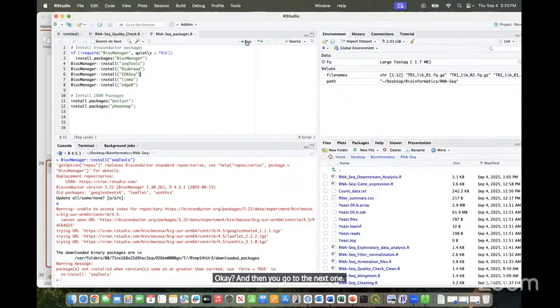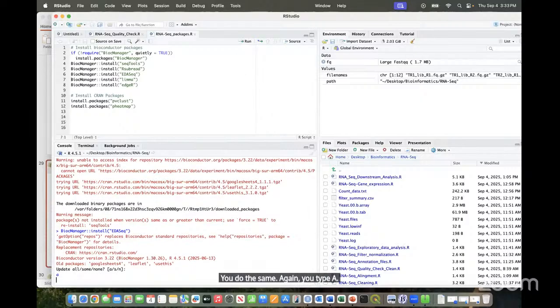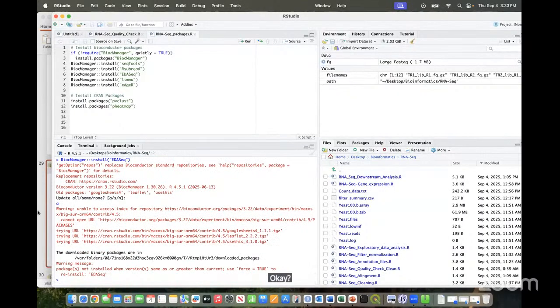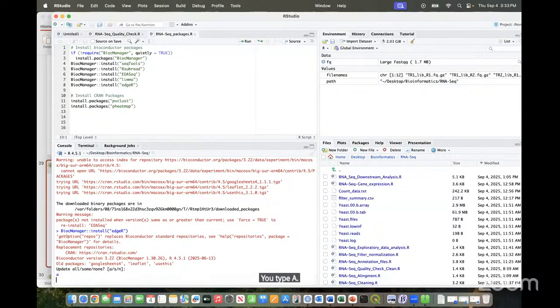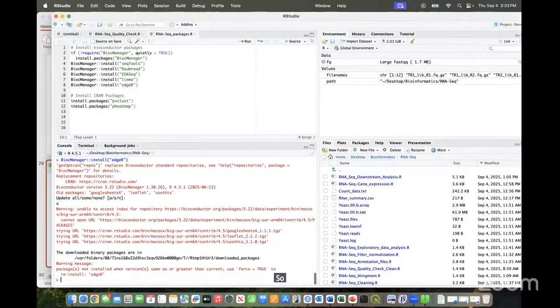You do the same. Again, you type a. And you come to the last one, for Bioconductor. You type a. So when you're done with Bioconductor,